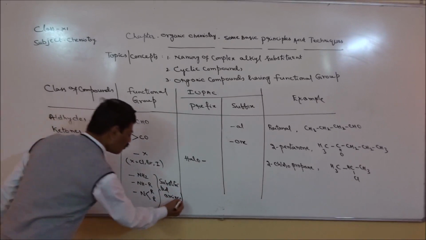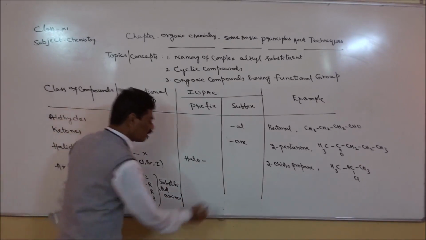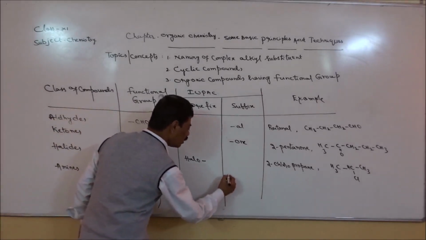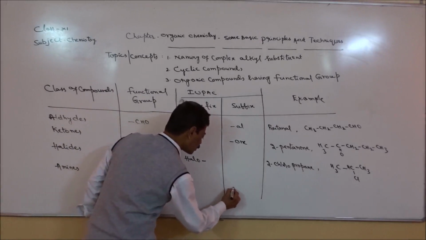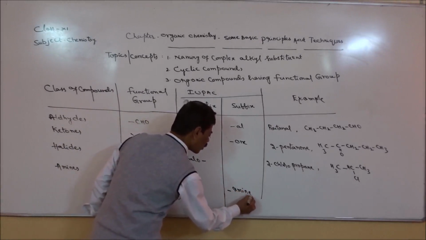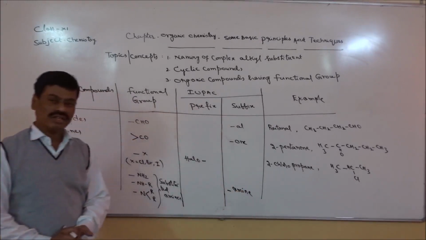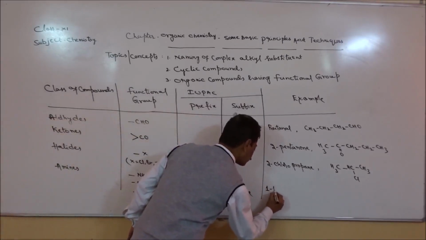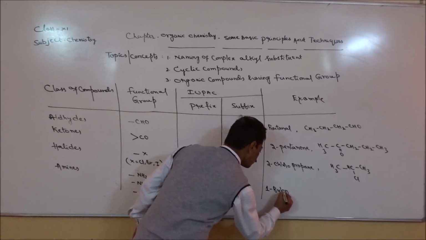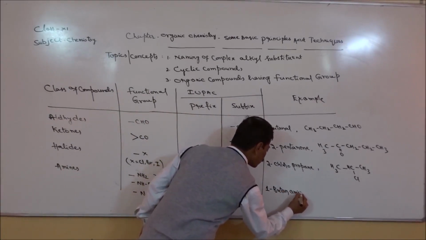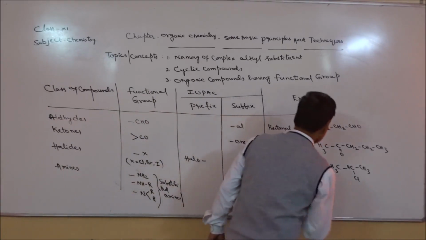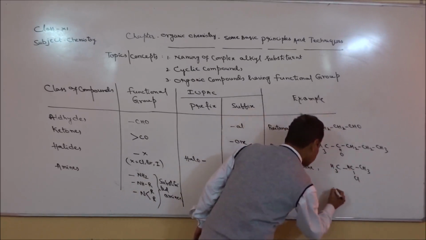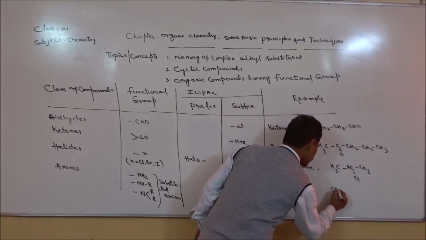And the name ends with -amine, so it should be the suffix. The best example for this is 1-butanamine. 1-butanamine. And its structure is like this: CH2, NH2,